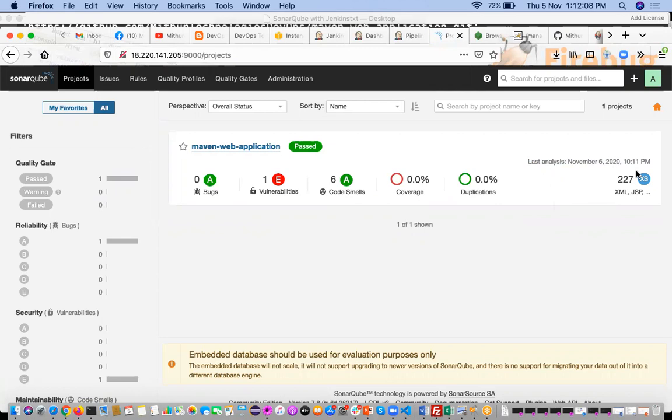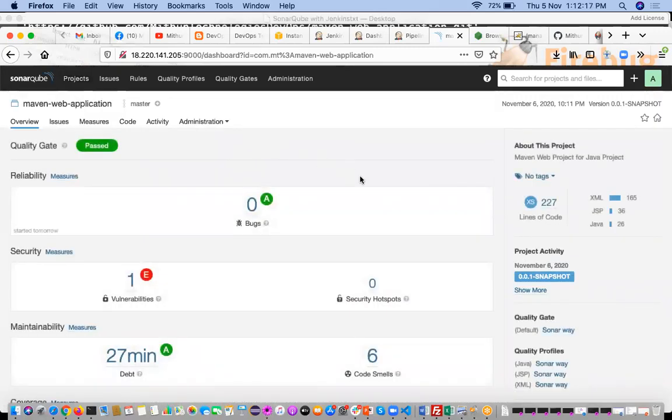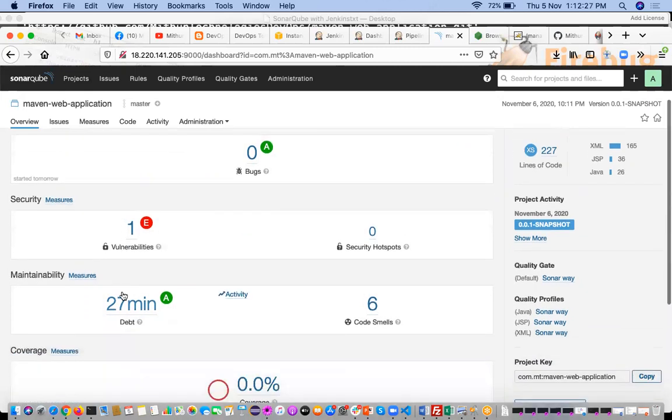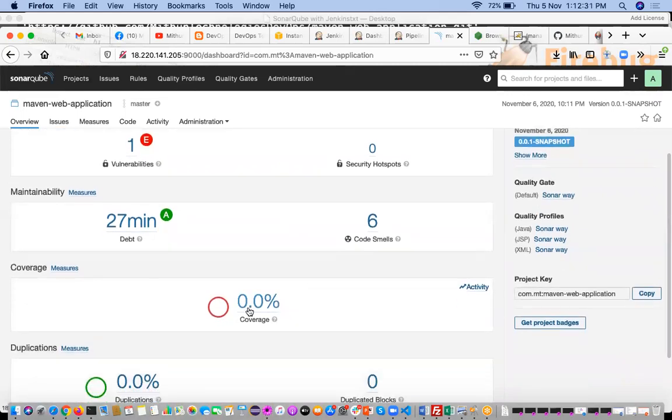Now if you observe here, the code coverage is 0%.